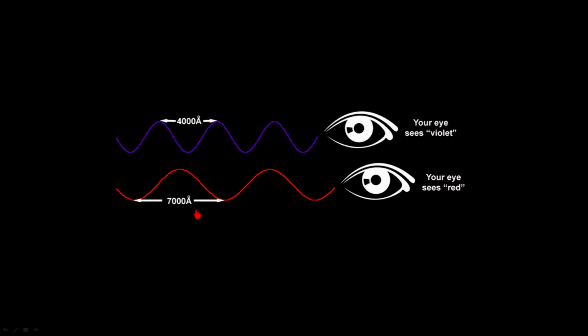Now, some students have a hard time understanding the concept of an angstrom because it's a unit of distance that is perhaps something you haven't ever heard before or used before. So let me show you what I mean by that. If we were to stretch an imaginary ruler from this peak to this peak of the wave, imagine that this ruler is divided into little tiny increments. And if we had a magnifying glass, we'd be able to actually see those individual increments. The distance between these two lines is 1 angstrom. And if I have 4,000 of these gaps stretching all the way across,